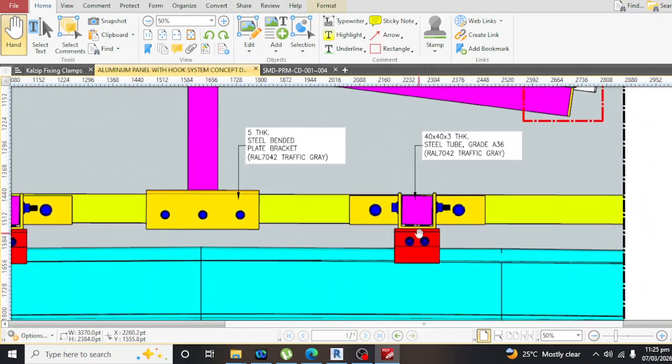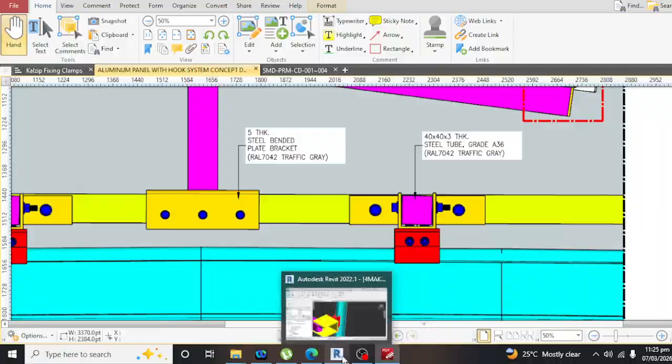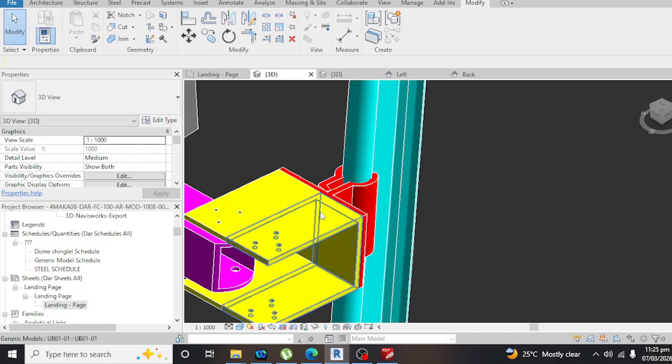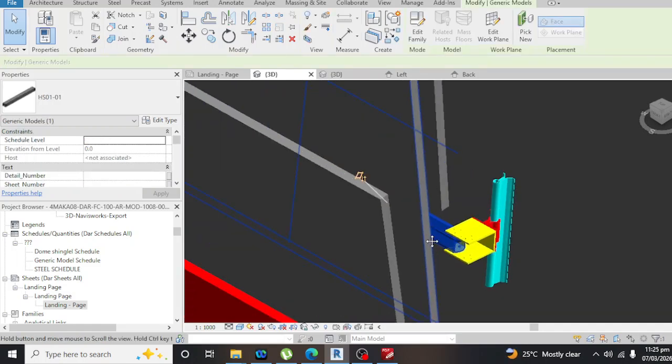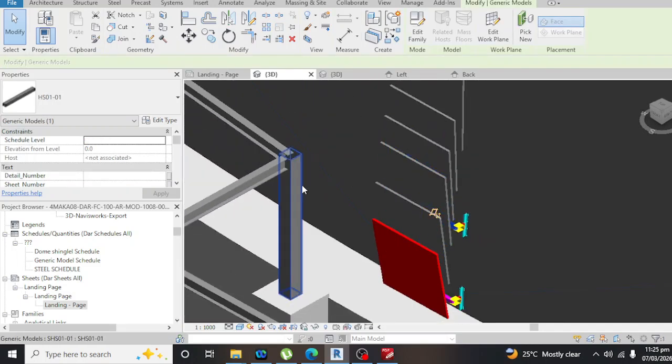They have this yellow U channel on the top of the calcip seam. On the top of the calcip, the U channel, then make the frame for the shingles.